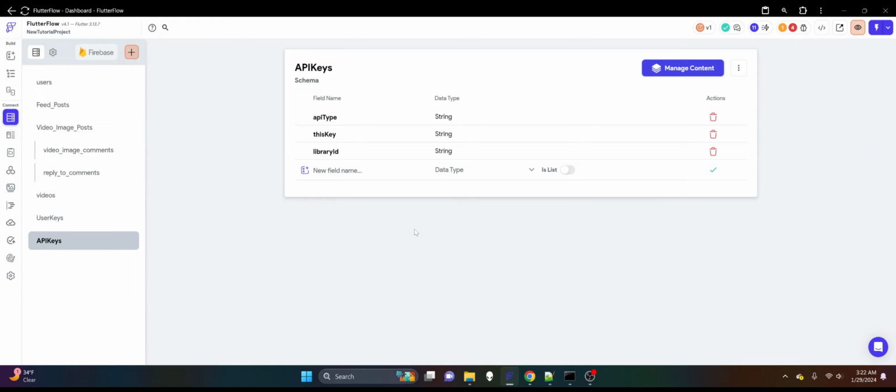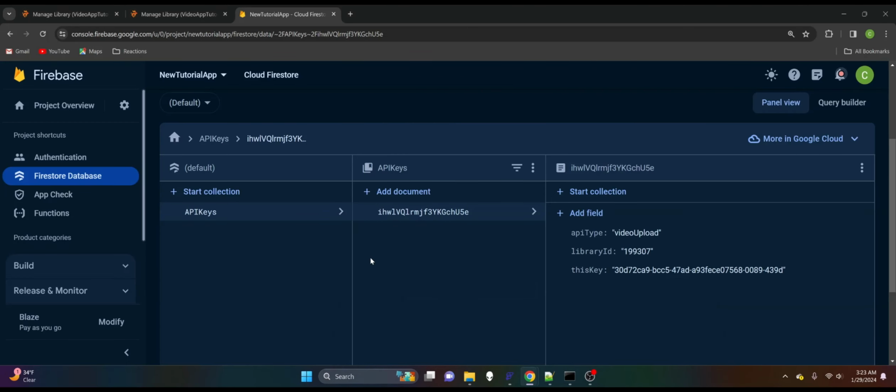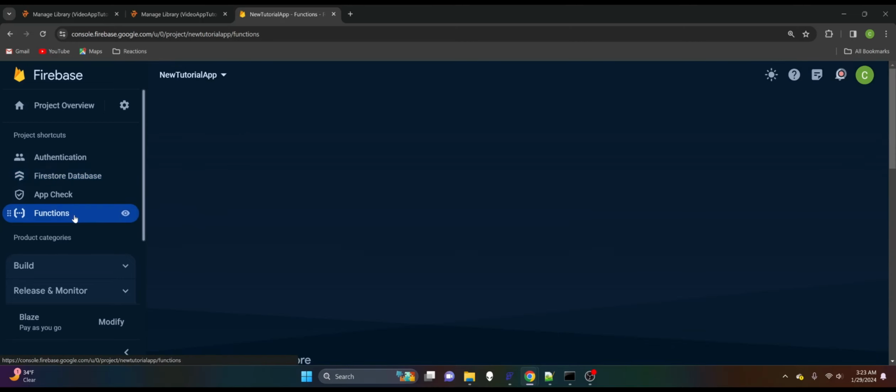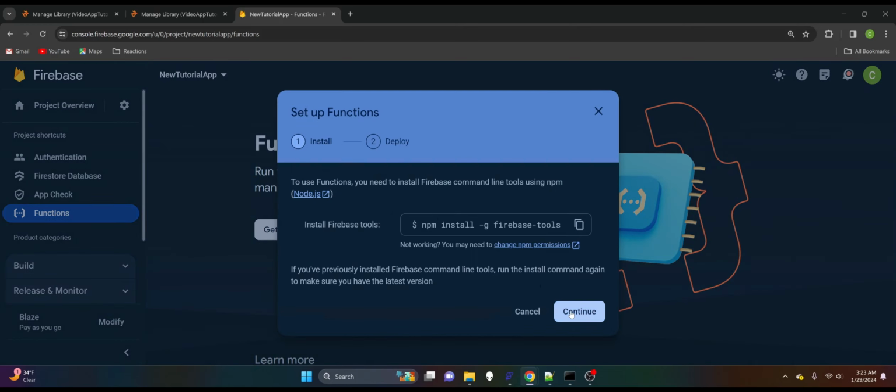So if you haven't done cloud functions yet, I don't think I ever completed a tutorial entirely on how to set it up. So let's see here. First of all, you do want to make sure you have the Blaze plan activated to be able to use functions. So you have to upgrade from Spark and then add functions here. So get started. Skip that. Well, actually, if you haven't ever set